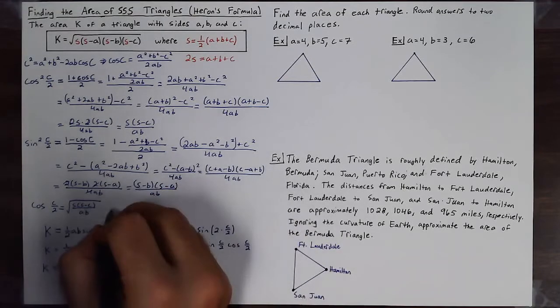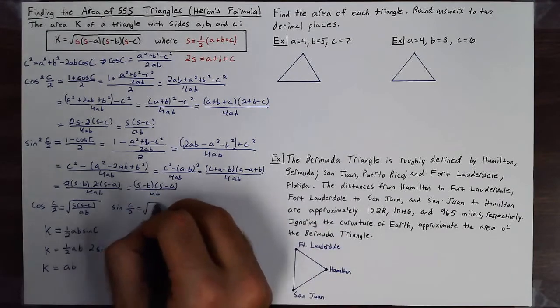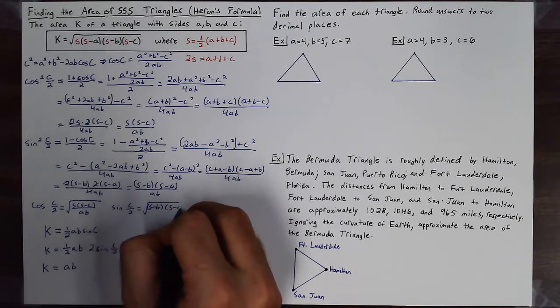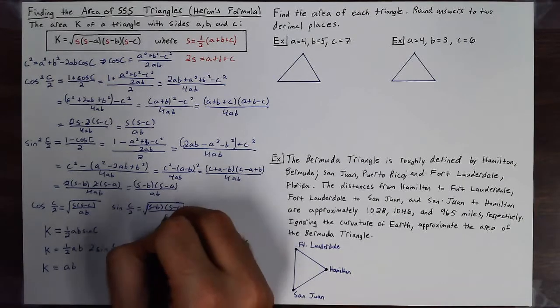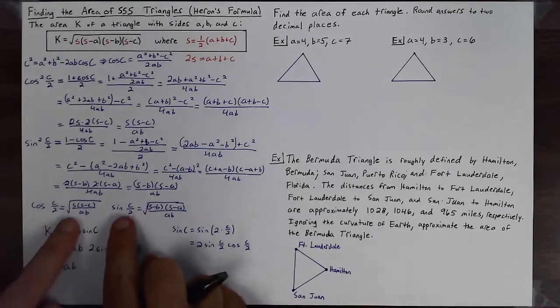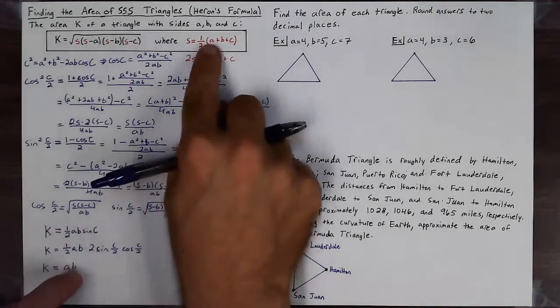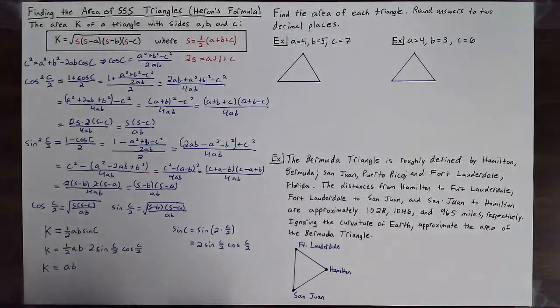Taking the square root, I see that sine of c over 2 is equal to the square root of s minus b times s minus a, all over ab. So now I have that part of the formula. So now I can replace sine and cosine. And again, s is just comprised of the sides in my formula here. So I get